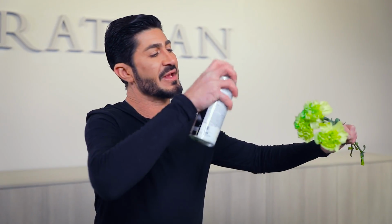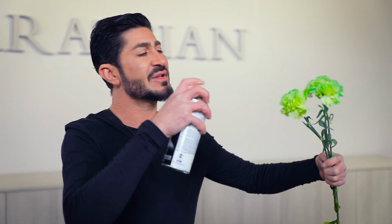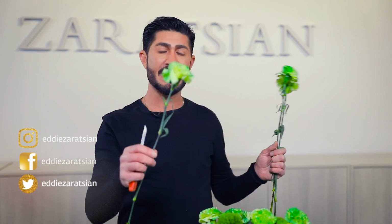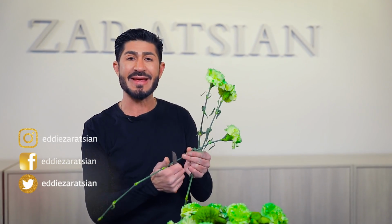So actually, I'm gonna add a little bit more carnation. And I was talking to you, I started talking about how to dye this, and this is not the only way of painting them. We can also dye them, and the way you dye them is before you hydrate the flowers,